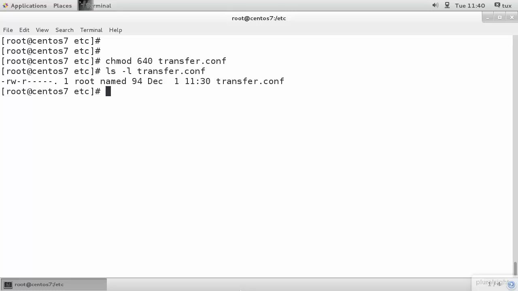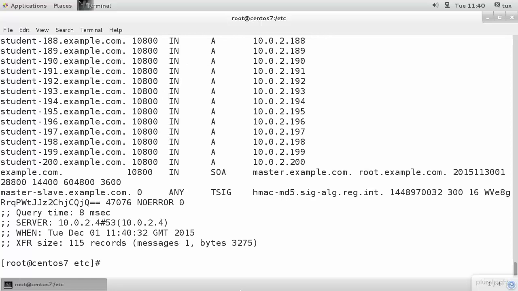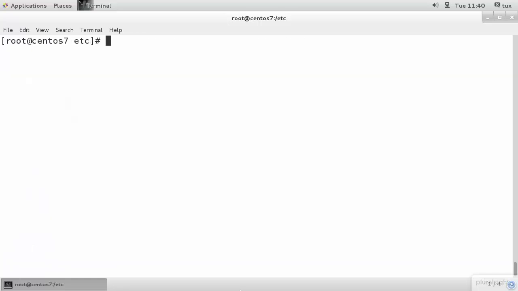We should be able to use the dig command much in the same way as we used it on the Ubuntu host. So of course we can see that we're able to transfer because we've got access to the key, and the key is in our transfer.conf file. But we now need to make sure that it's referenced correctly within the named.conf. So if we go through and take a look at our named.conf,